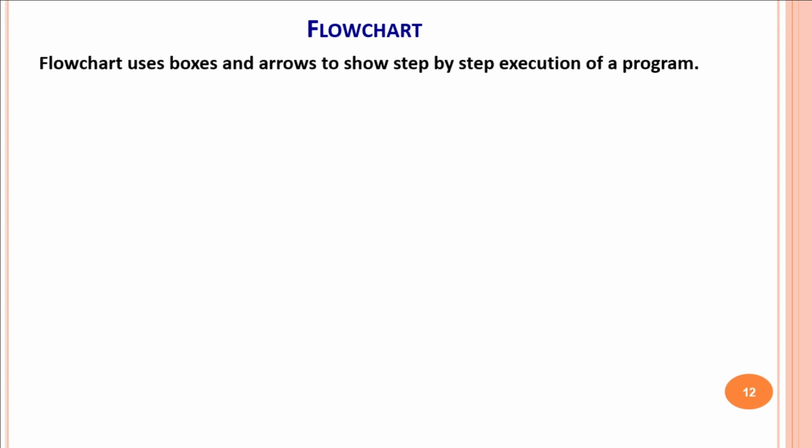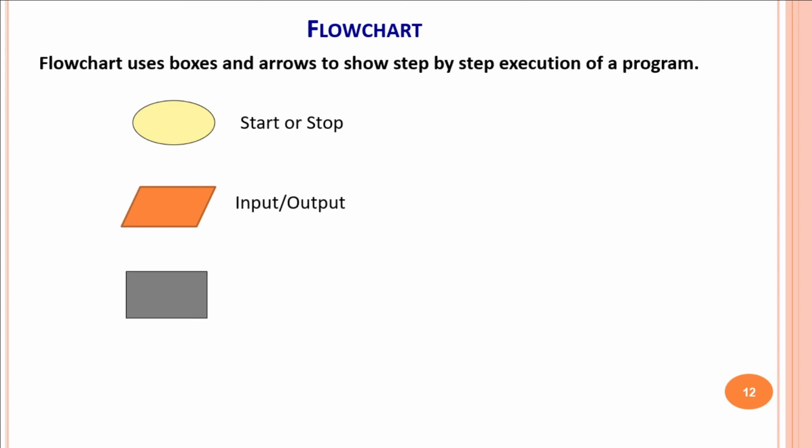Flowcharts use boxes and arrows to show step by step execution of a program. In the flowchart, we indicate start or stop symbol by an oval. Then input output is by this parallelogram.